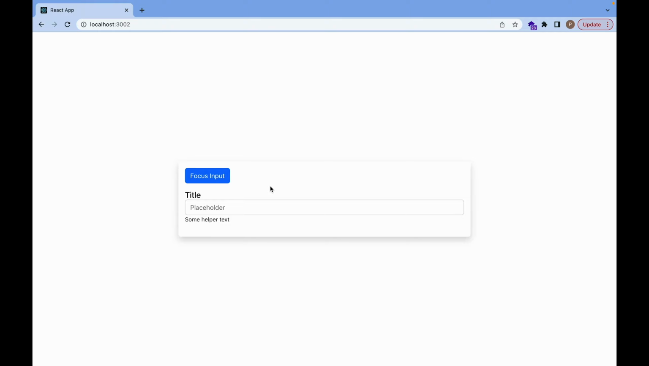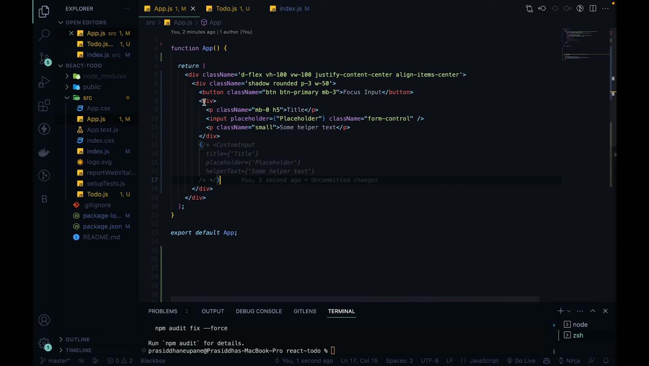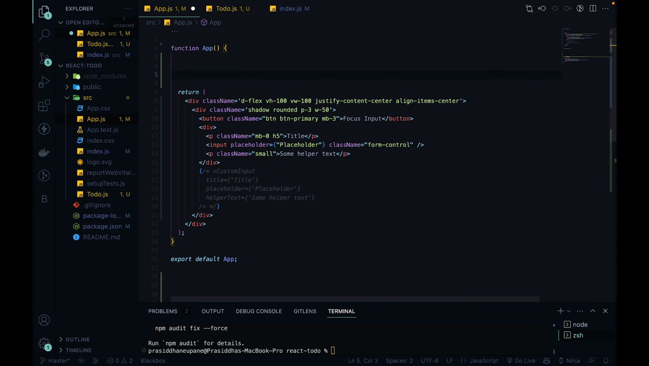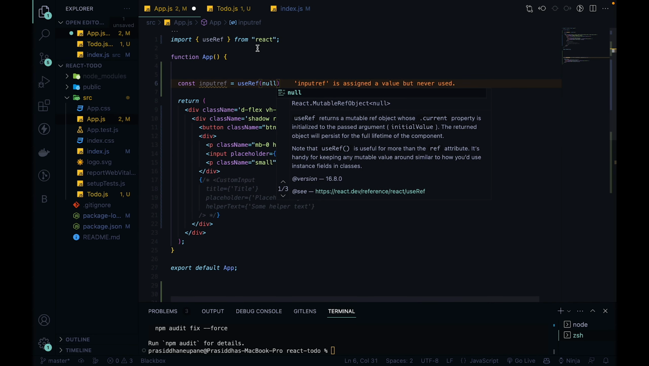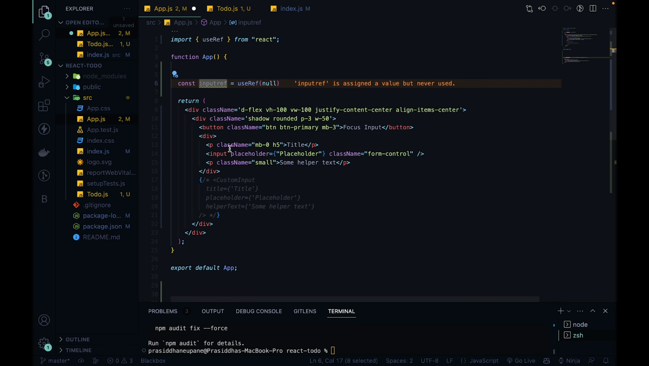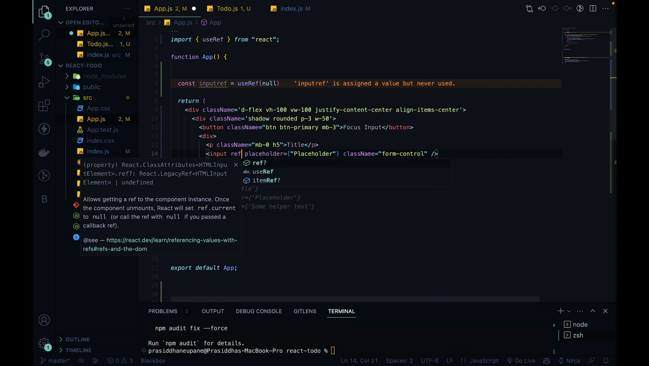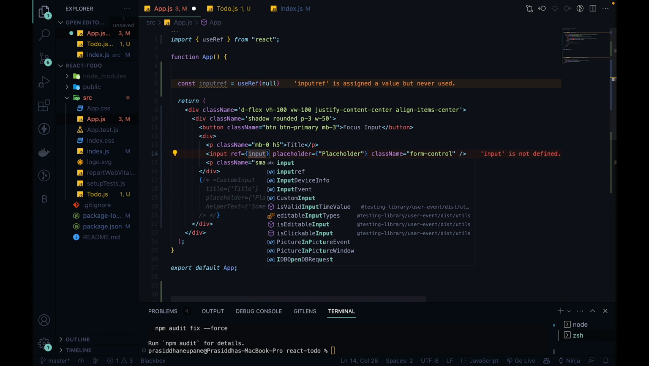Let's say I want some functionality where when I press this button, this input should be focused. If I want that, I have the code for it right here. In this common scenario, what you will do is create a ref: inputRef equals useRef, and this will be null. So we have inputRef, and I'll provide the inputRef to this input